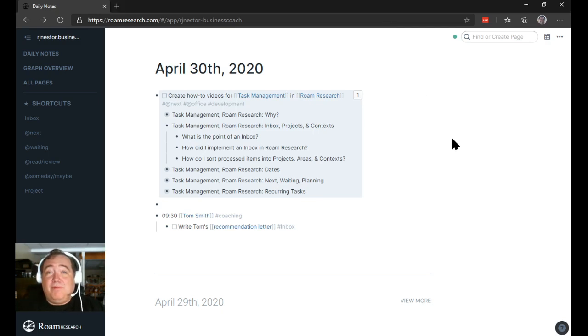Very briefly, before I talk about how I implement an inbox in Roam Research, I'm just going to talk about the concept of an inbox. I, of course, got this, as many of us of this generation have, from Getting Things Done, David Allen's seminal work, usually referred to as GTD. And the idea here of the inbox is that it's the one capture and collection point for everything that guarantees